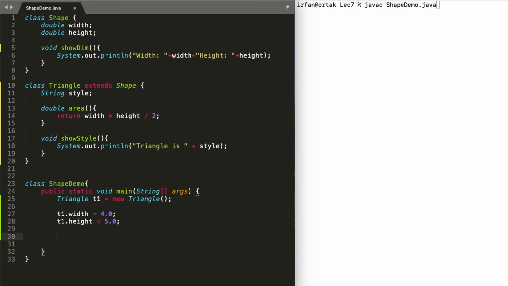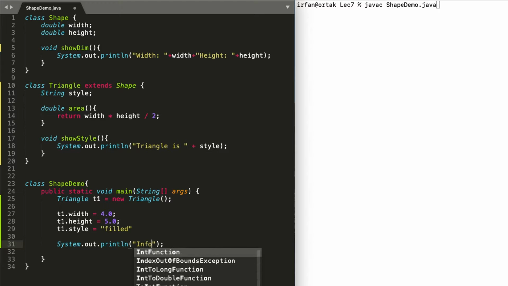and T1.style can be "filled". All right, so that's our triangle. Now we can go ahead and print some of this. We can say "Info for T1",